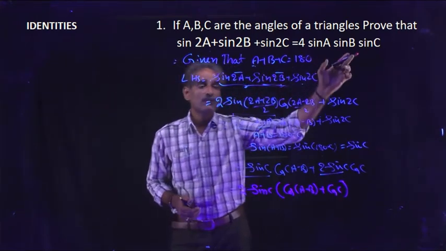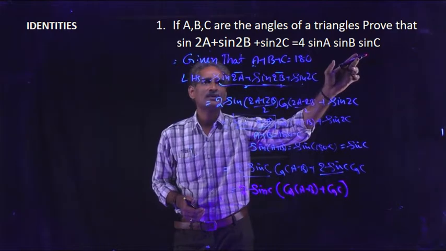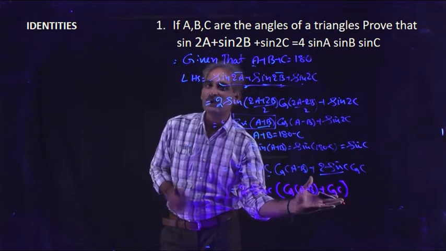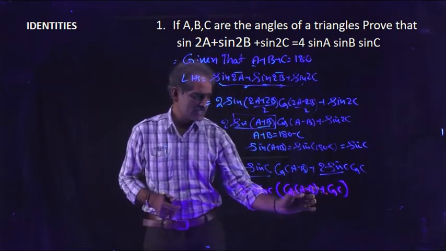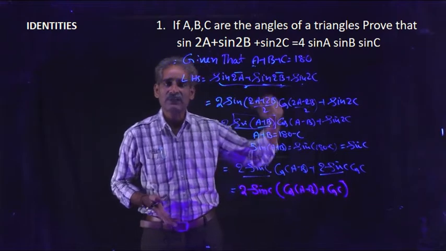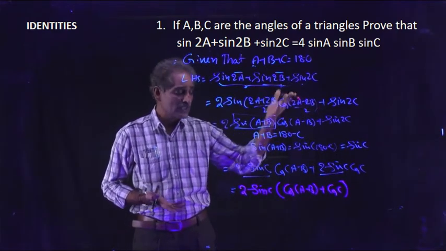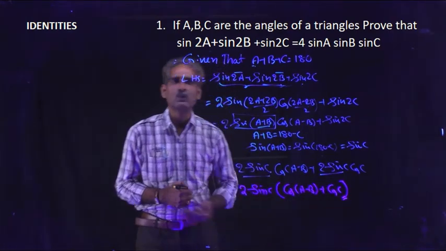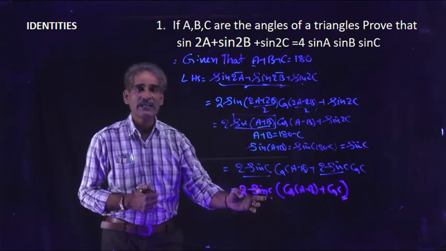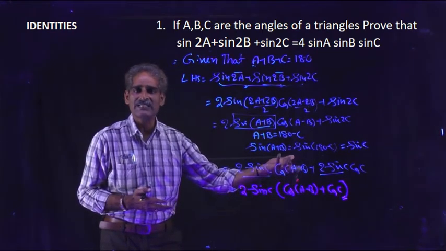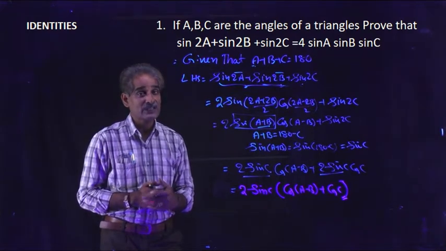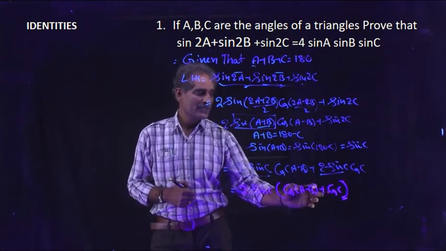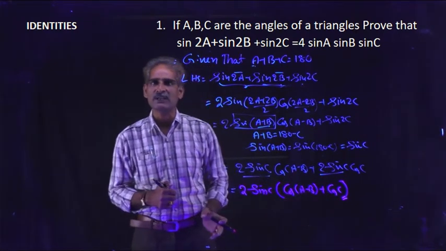Now observe the required one. Here we have to prove 4 sin A sin B sin C. Already we got 2 sin C. So what is required is 2 sin A sin B. Observe this angle is A minus B, here is C. But the required expression has just A and B, sin A sin B. So again you have to convert C into A and B. Just 2 sin A sin B is required. All of you know 2 sin A sin B is nothing but cos (A minus B) minus cos (A plus B). Already cos (A minus B) is there. If minus of cos (A plus B) is there, then you get 2 sin A sin B.